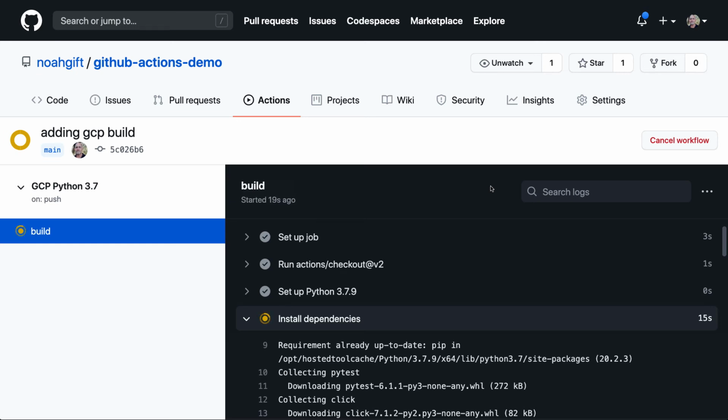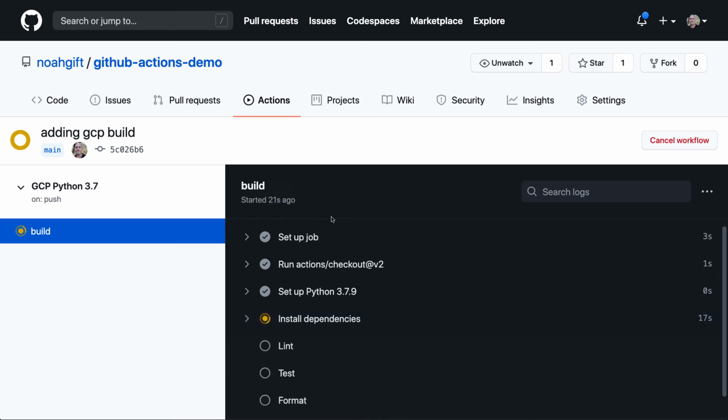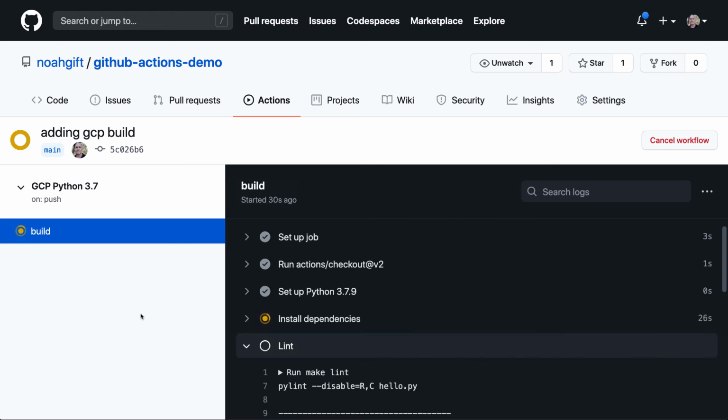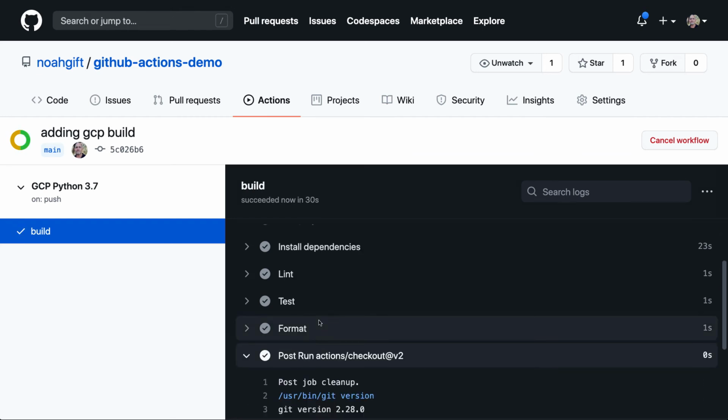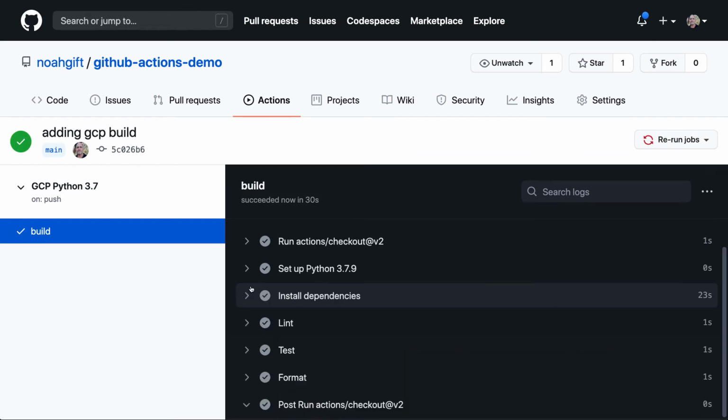So what's great about this is that we had that earlier problem with the AWS cloud platform, and what I can do is actually go through and fix it. So here we go, format works. So we have two totally separate build processes that are unique to the cloud platforms, but remember I still had that problem with AWS. So why don't we fix that by kind of being brave here and adding one more